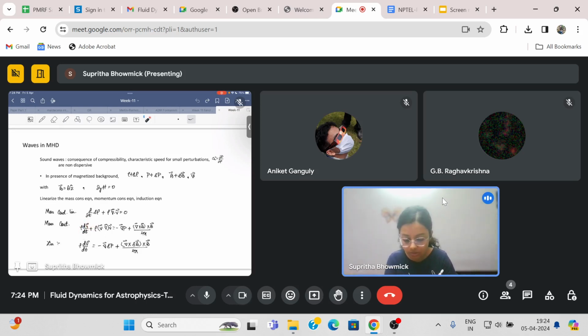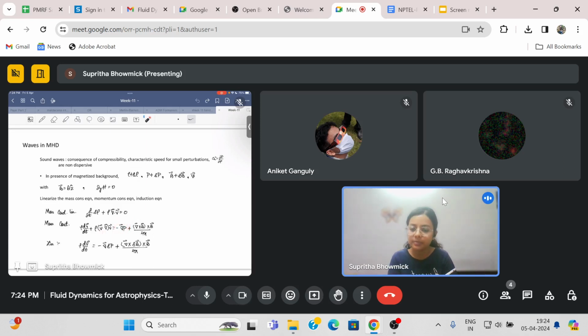So this will be changed to rho dv dt, where all of the quantities over here are the full quantities. This rho is the full rho. This rho is rho plus del rho, right? But when we linearize it, this rho will be written as just the background rho. We'll drop del rho. Why? Because then this term becomes second order in perturbation. Similarly, this term you see is already second order in perturbation because it's v squared.